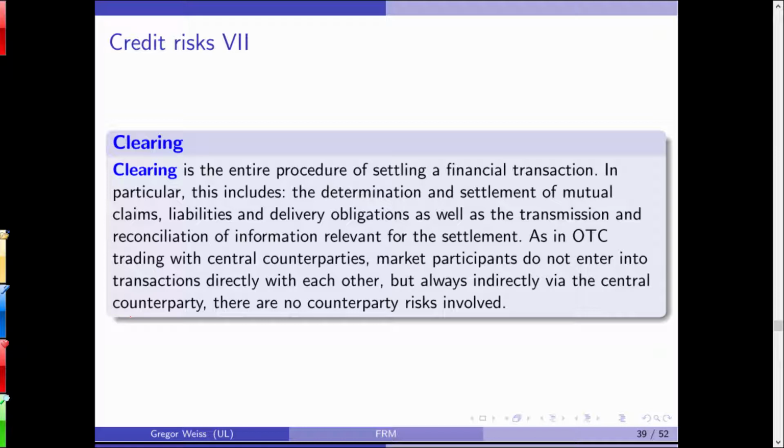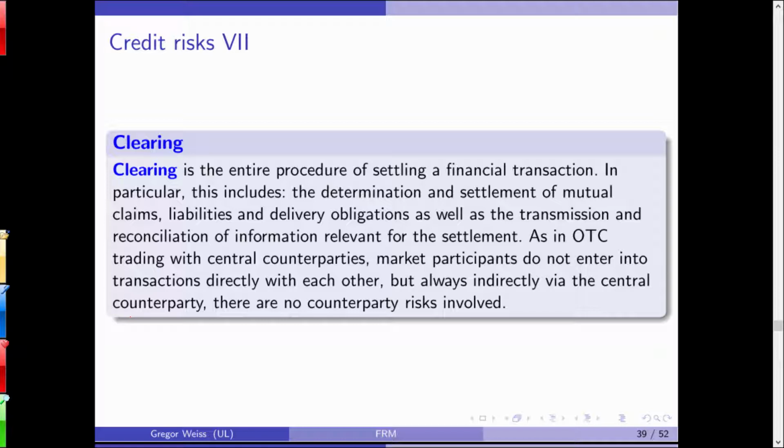The exchange compares all the payments. They have to make all the payments, they have to net them. So you have netting, you have clearing, and this is done in real time, and this is done in huge volumes. I mean, the volumes of these large exchanges go into the billions, and this is what the stock exchange does. So clearing and settlement.